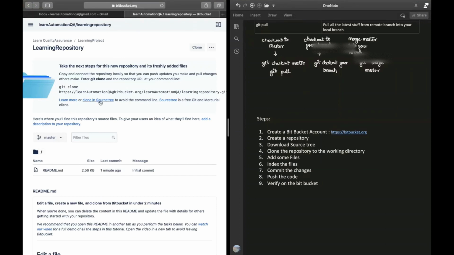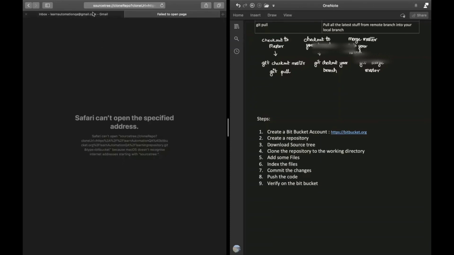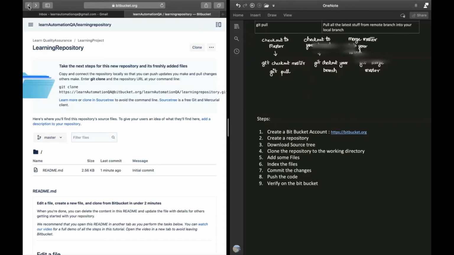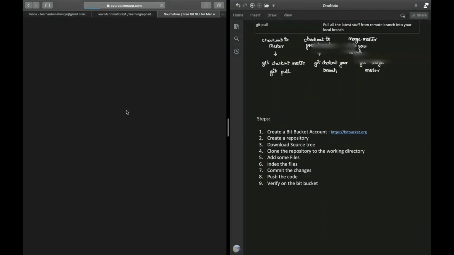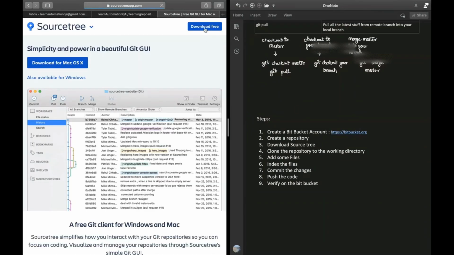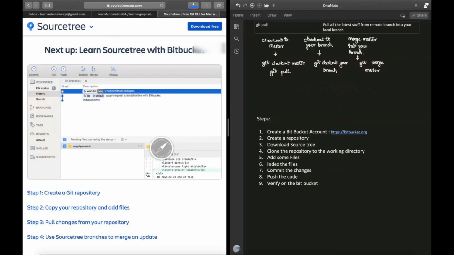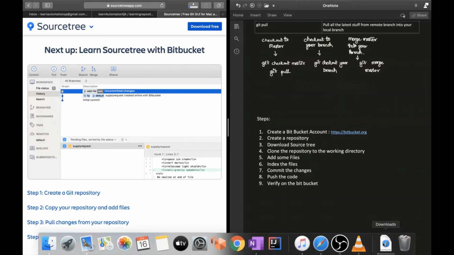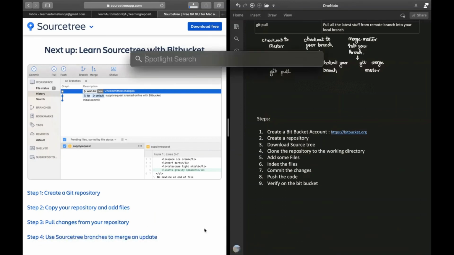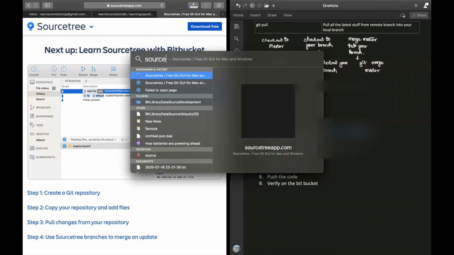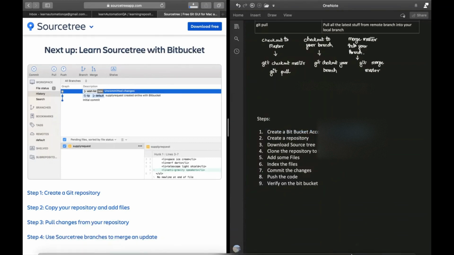Let's download the Sourcetree. I agree and download. Let me check if I already have Sourcetree. Okay, I don't have, so let me just let the download finish.